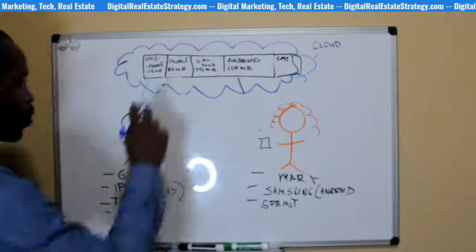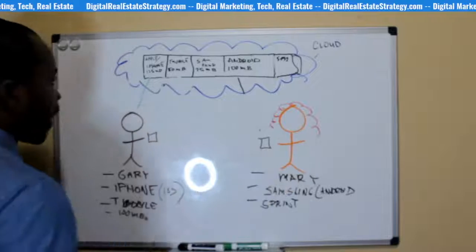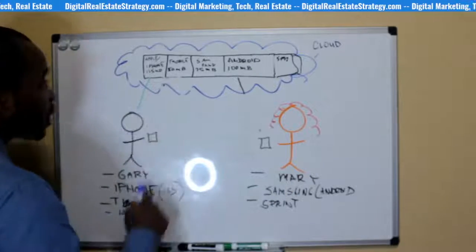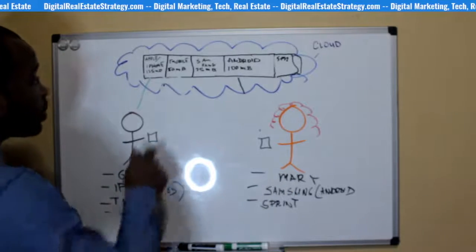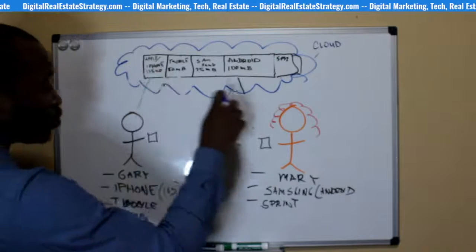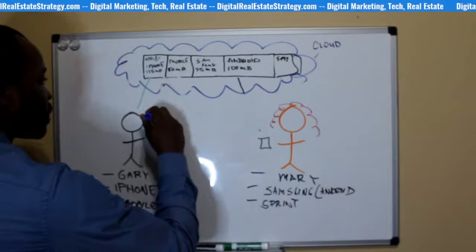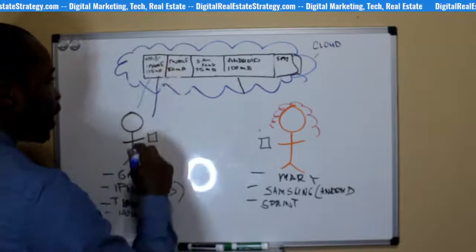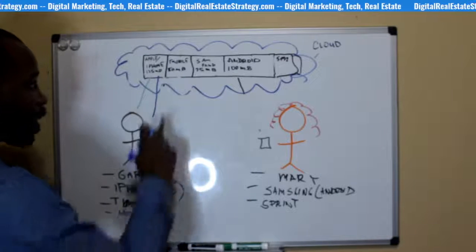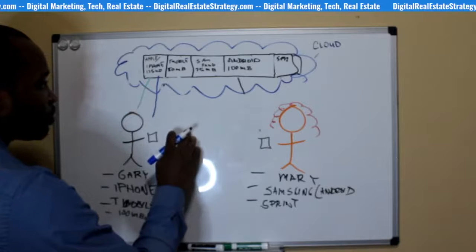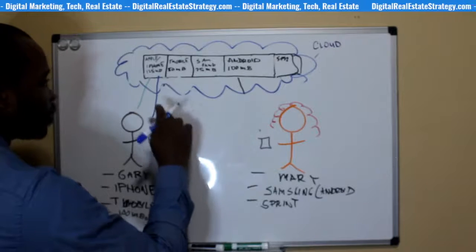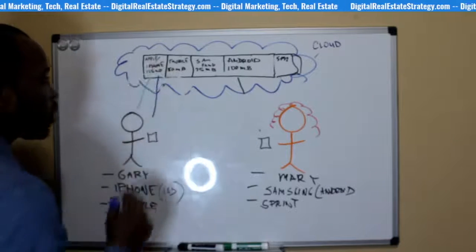So let's go back to Gary. Let's simplify this. Gary is trying to send a 100 MB video file to Mary. He's trying to reach Mary. Hey, send this 100 MB file to Mary. If she's on iPhone, keep it at 100. This is what this server is saying. If she's not on iPhone,